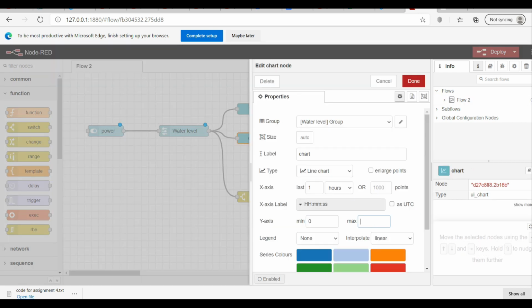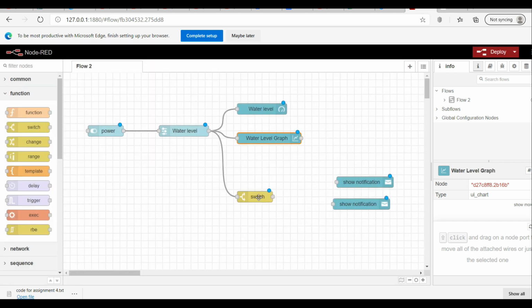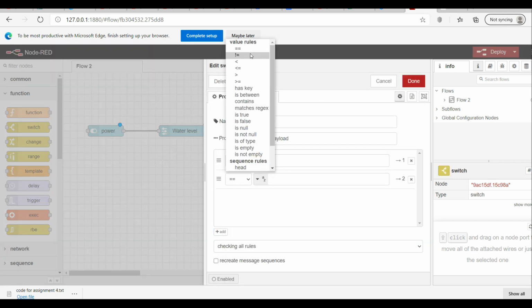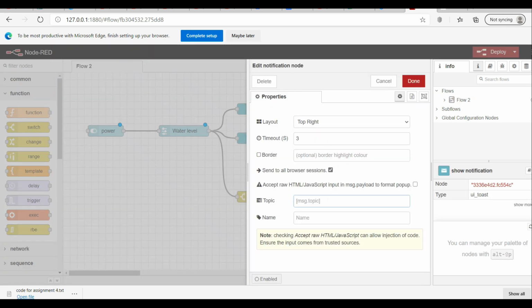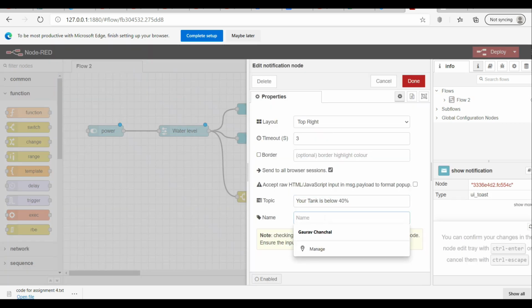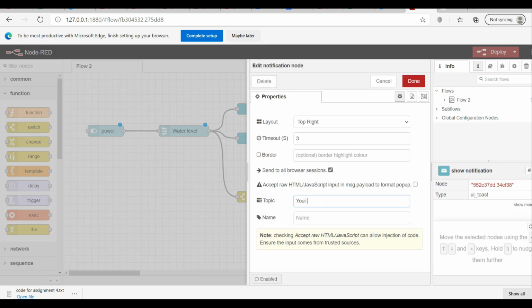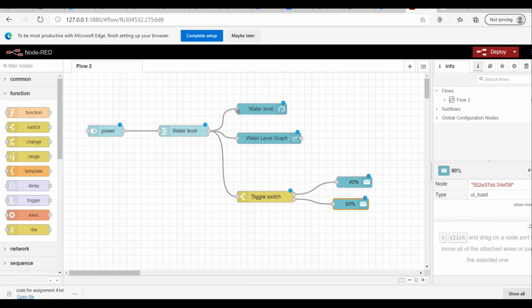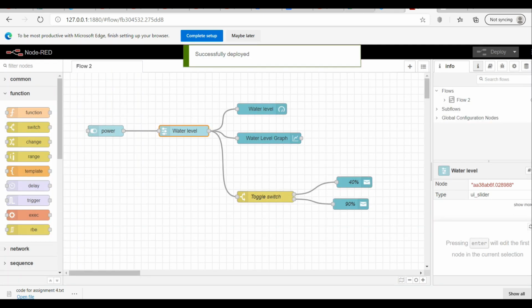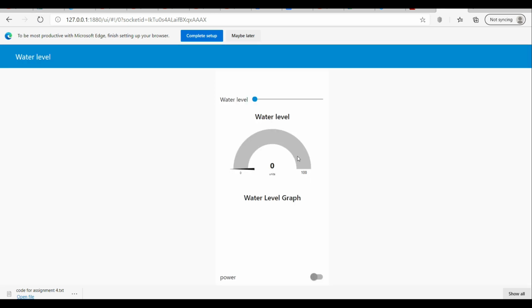Then I connect them all together so that they can perform the function we intend. After setting up the whole user interface, just deploy it.